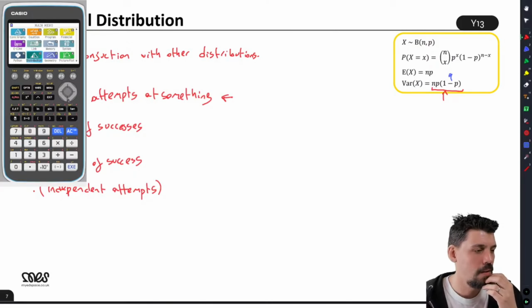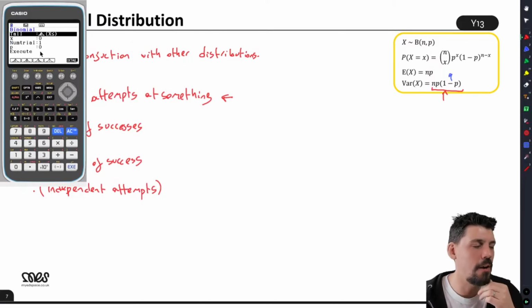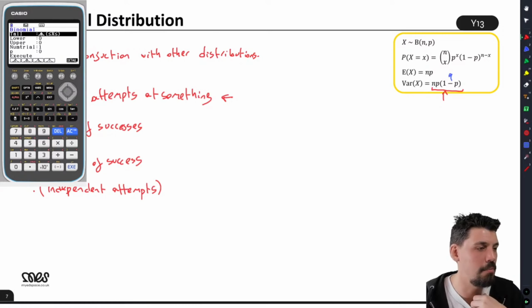Now we can also do distributions in here. If you get one, you've got binomial, and here it will show you the tails. When we get onto an actual question with it, I'll go through it in there. But that's equal to, that's in between, and you can do some really fun stuff with it.